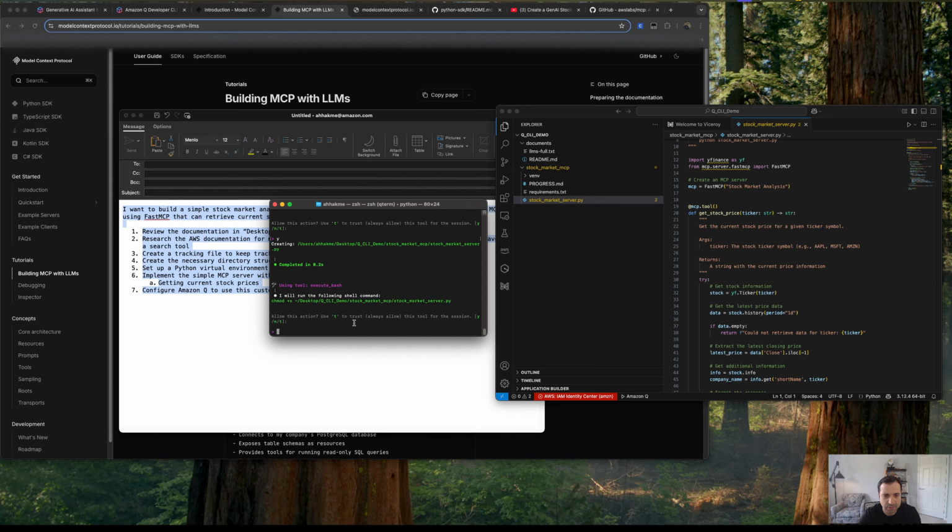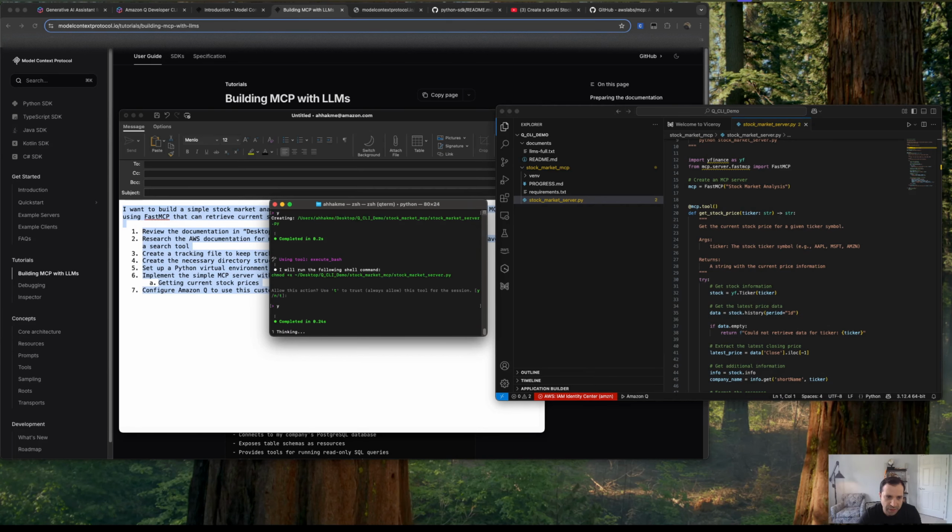And then from there, it wants to run this chmod command to make the stock market server.py executable. Now it's moving to the last piece, which is configuring Amazon Q to actually use this MCP server. Here it's asking me to make a directory under .aws/AmazonQ, and I'm going to say the directory already exists, just modify the file